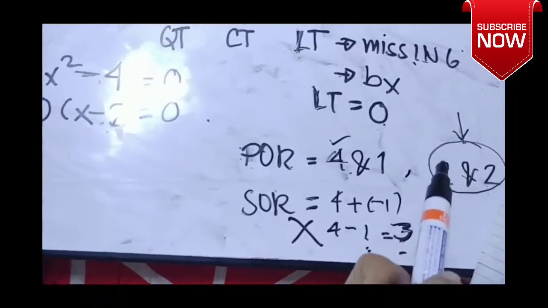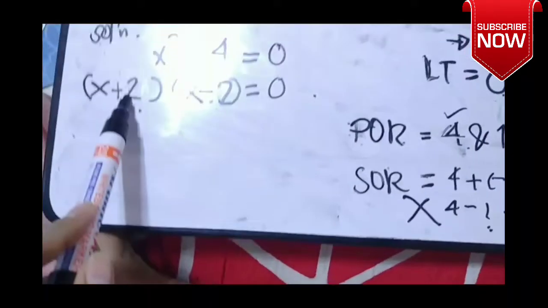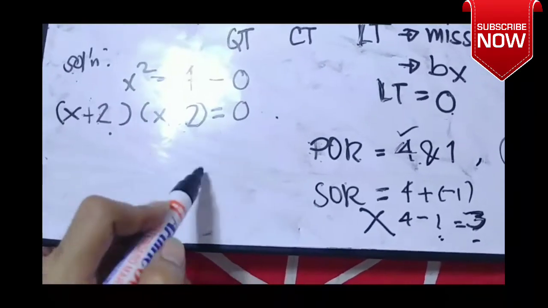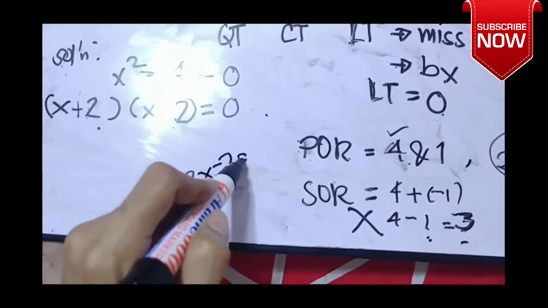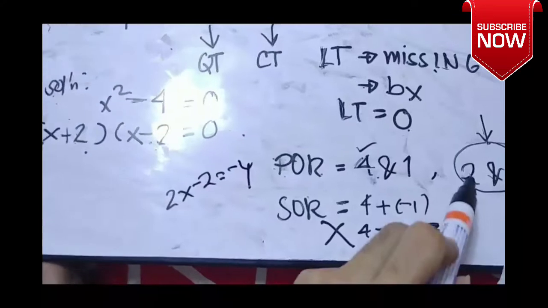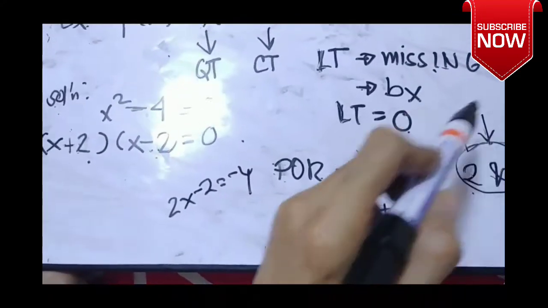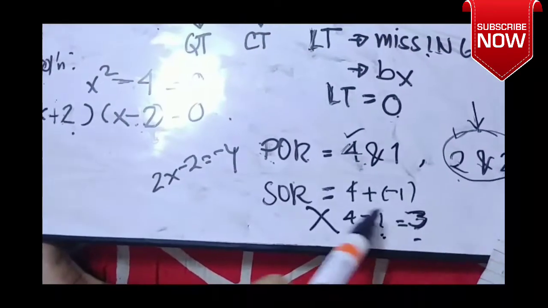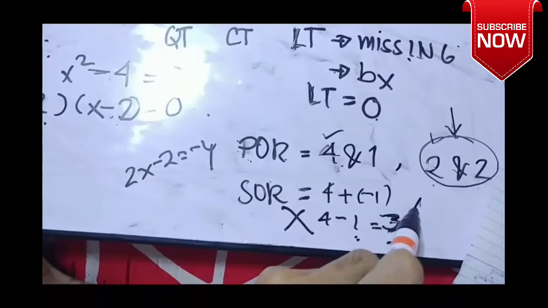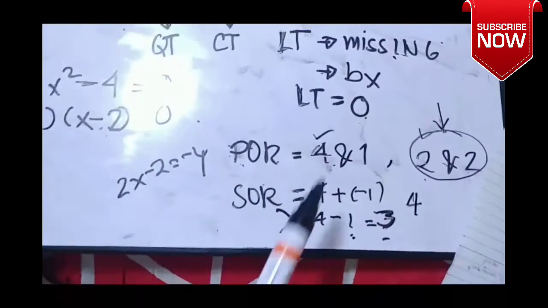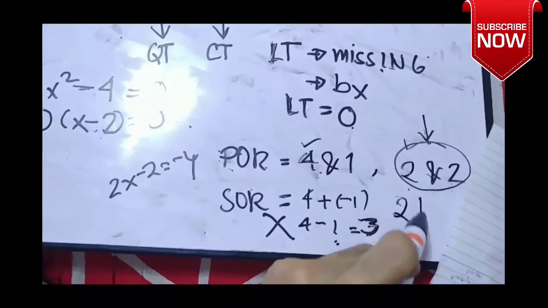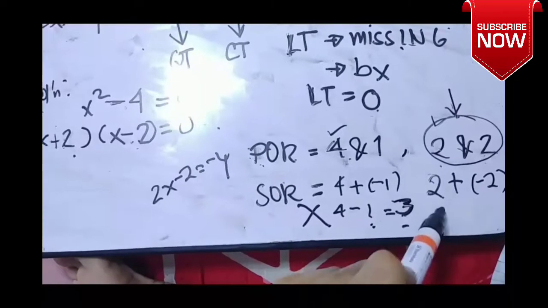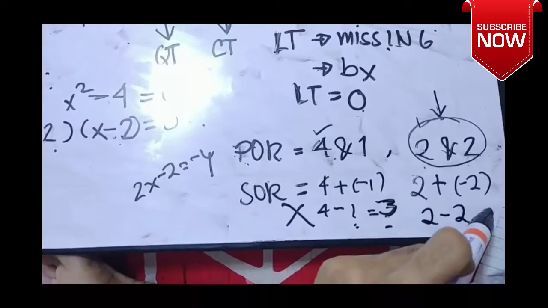Pag minultiply ba natin ang 2 and negative 2, ang sagot ba ay negative 4? Yes. 2 times negative 2, that's negative 4. So, check siya sa POR, o product of the roots. I-check naman natin yung sum of the roots. 2 plus negative 2, or simply 2 minus 2 equals